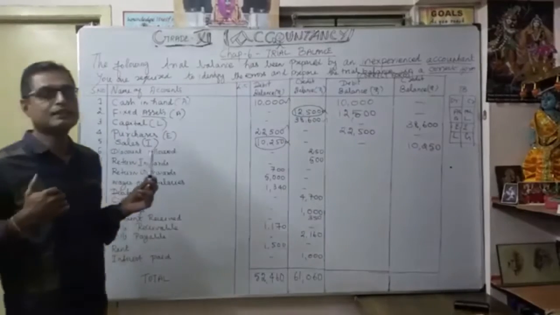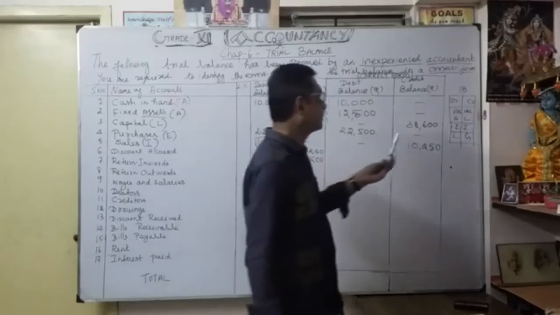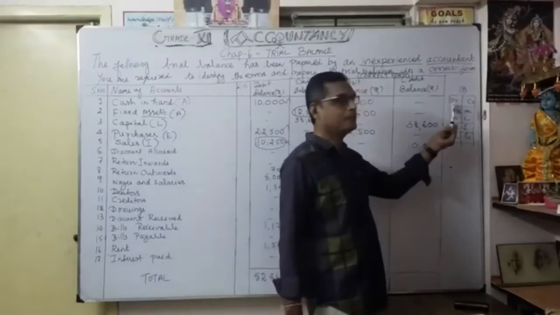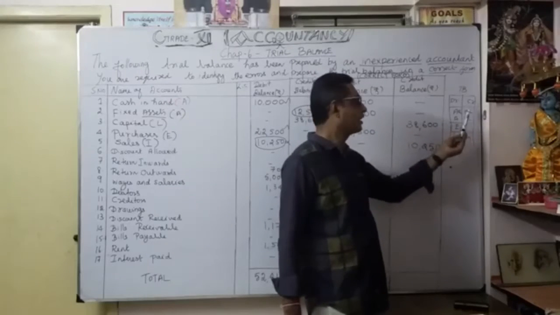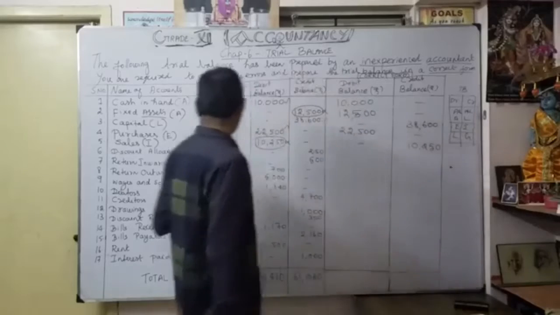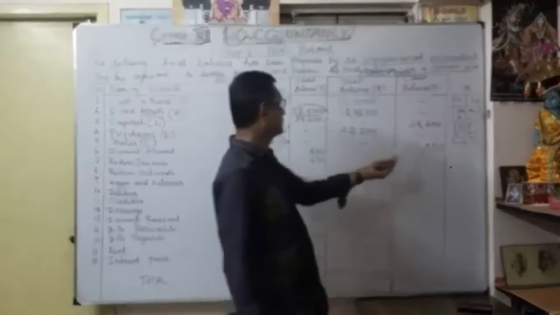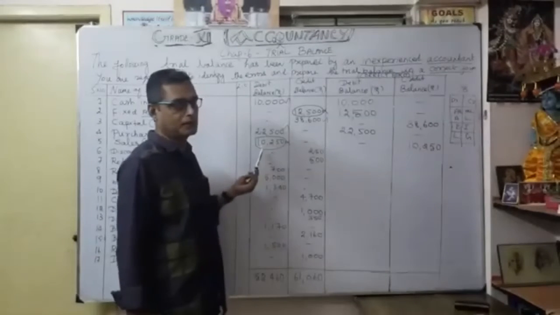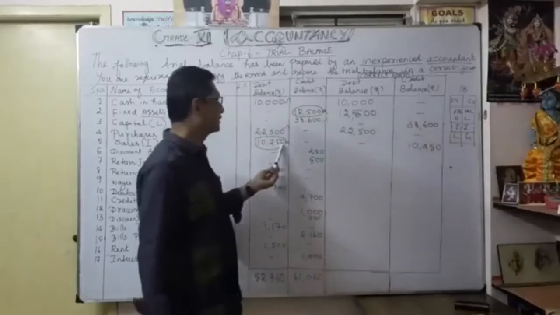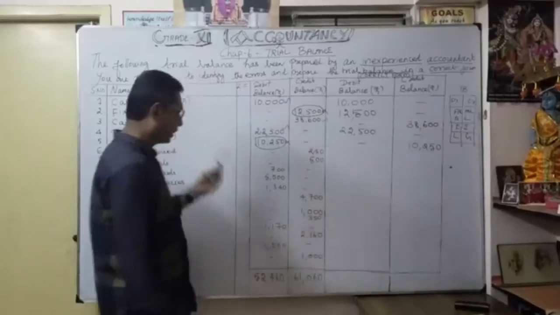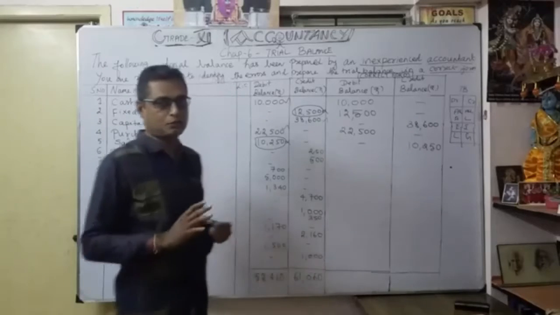You can easily record the ledger balances in the preparation of a trial balance with the help of this formula. Assets, expenses and losses are debit balances. Credit is always for all liabilities, income and gains. So here, sales I consider as income, and definitely it's a credit balance. Earlier it was written as a debit balance, and now I am going to rectify it. Which side do I write? Credit balance. Understood? That's why it's wrong, wrongly written on the debit side. Then how will the trial balance tally? That's why we get a different total on the debit side and the credit side. It's one of the biggest errors.